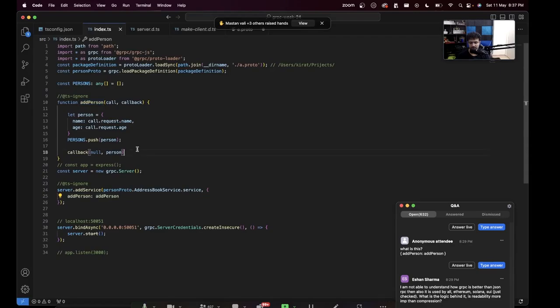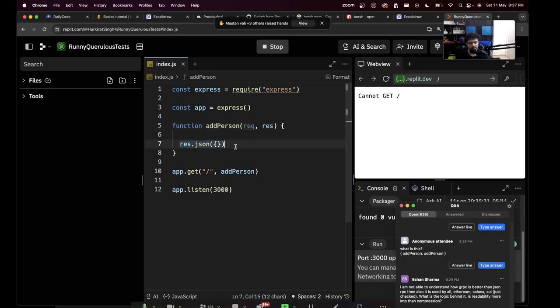And similarly, what have I done here? I've said add a service. In case there's an incoming request on the addPerson RPC, forward it to this function. And this function right now has some in-memory logic to push to a person's array and then returns back to the end user. Okay, hey, there you go. This is the person that was just created. Similar to how here I do res.json. So